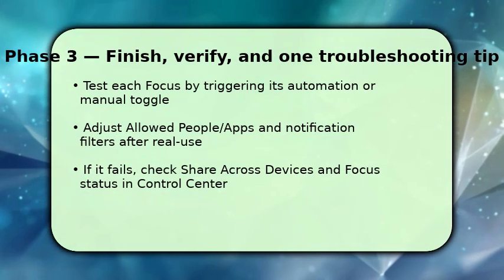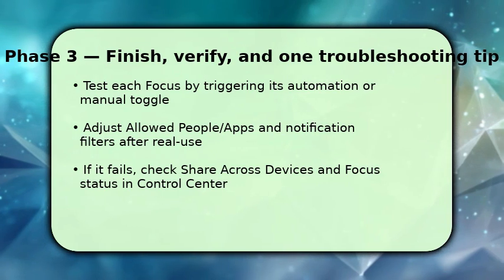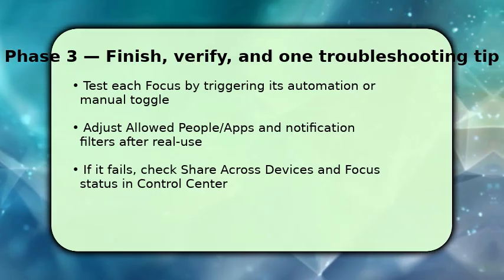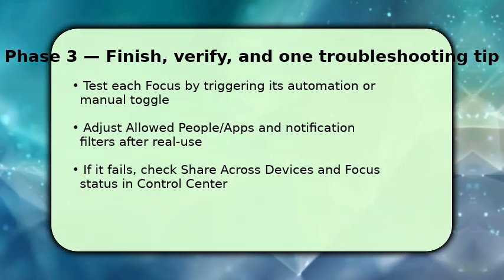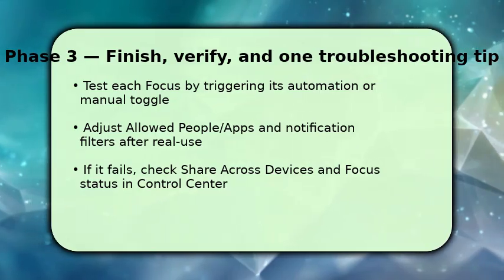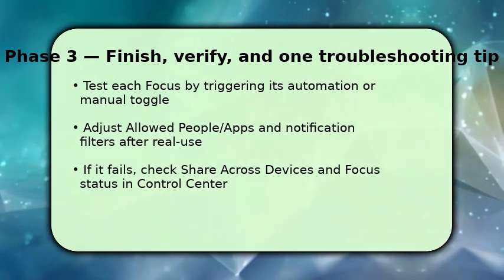To finish, test each focus. Toggle it from Control Center or trigger the scheduled automation and watch how allowed contacts and apps behave. If something still interrupts you, make small adjustments, remove or add specific apps, or change notification filters to silence more